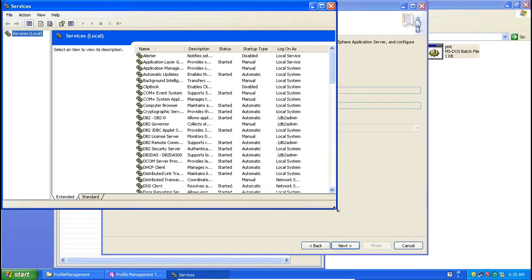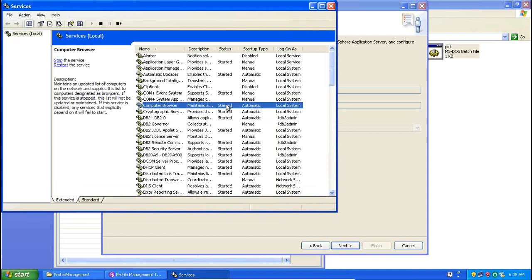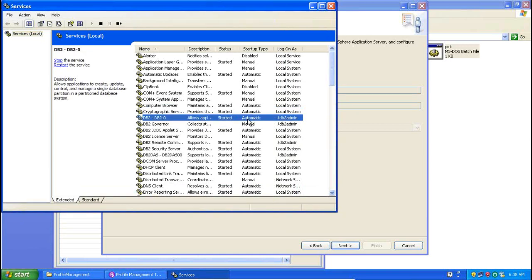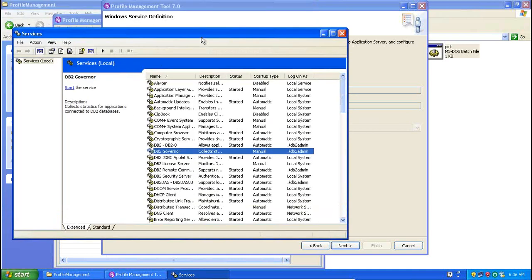These are all the services that are already running on your Windows machine, whether started or not started. Those which are automatic, they started. Those which are manual, not started. You have to start them manually. Hope you got my point now.